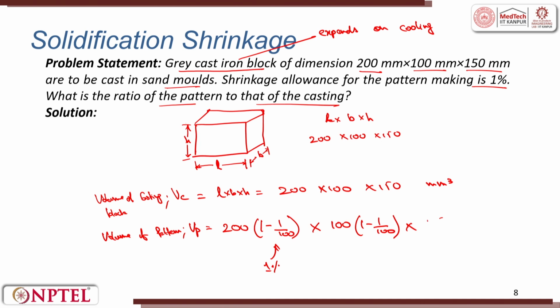This into the height compensation, that is 150 into 1 minus 1 by 100. So, in a way this turns out to be the same volume, that is 200 into 100 into 150, this times 0.99 to the power 3. So, this gives me